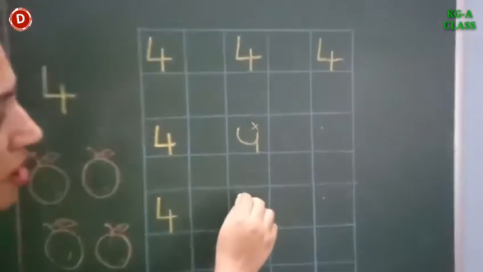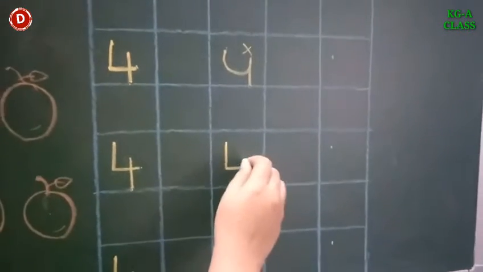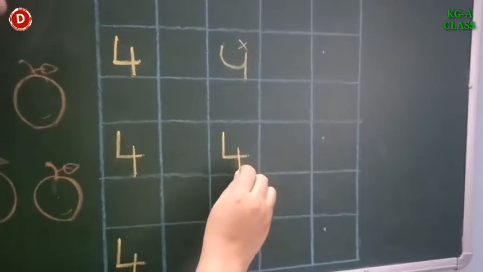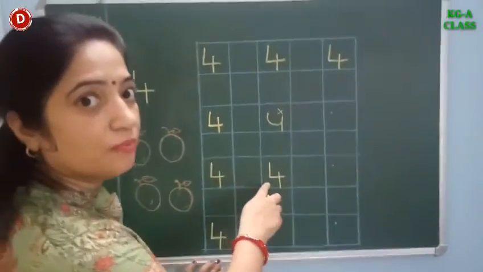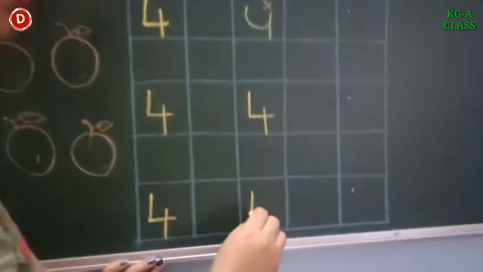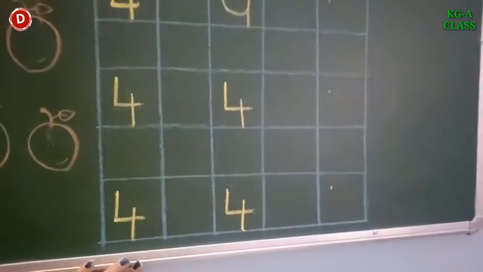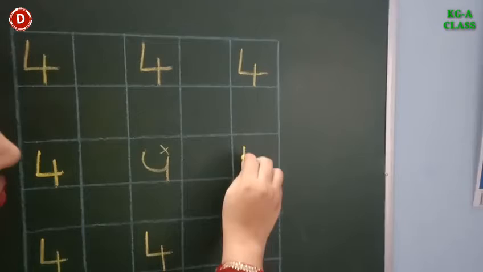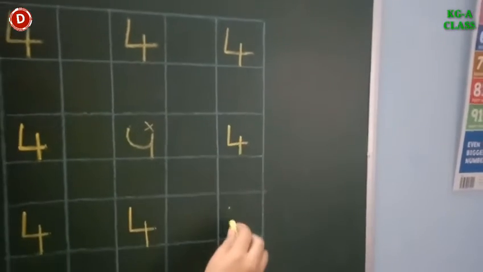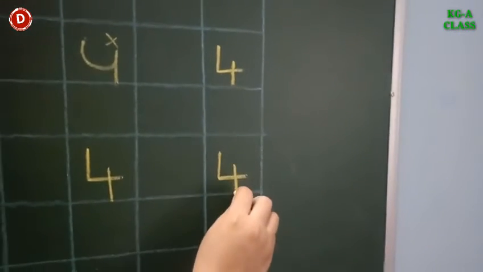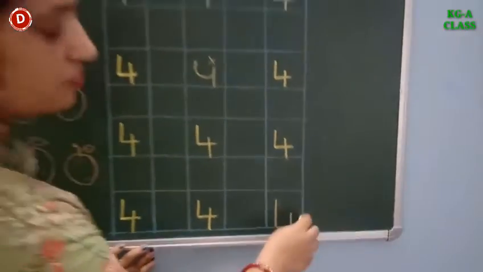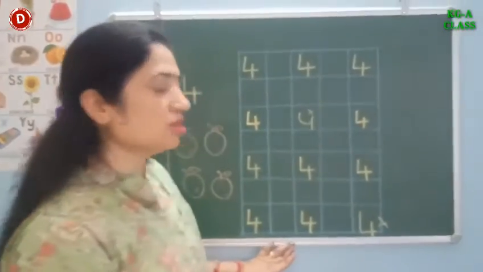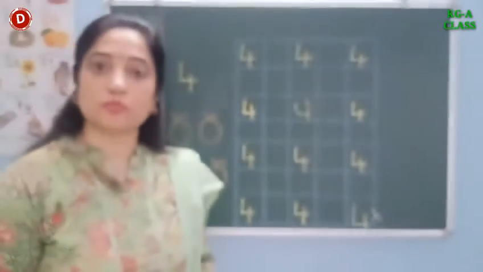Children, don't write 4 like this. This is wrong. So you have to write like this. Standing line, sleeping line, and then this standing line will go on the sleeping line. In this way you have to write. This is the correct formation of number 4. Standing line, sleeping line and cut it like this. See. And touch the blue line. Don't write like this. If you write like this, it will again become wrong. Now children, I will show you how you will write in your maths notebook.